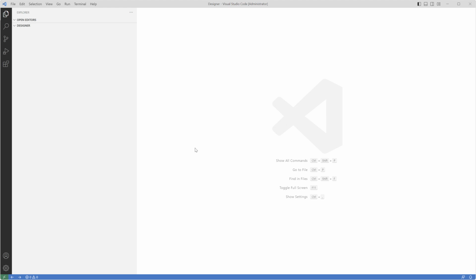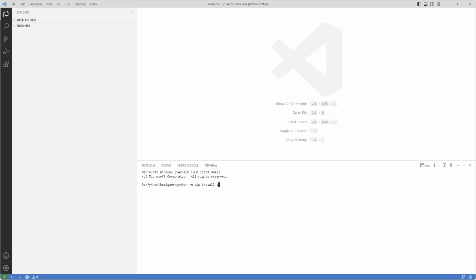Today, I will show you how to deploy the Stimulsoft Designer in a Python application using the Flask framework. Open your IDE with the project folder. First, install the Stimulsoft package. If you only need reports, you can use the Stimulsoft Reports package. However, in this tutorial we will use the Stimulsoft Dashboards package. Open the terminal and run the installation command.